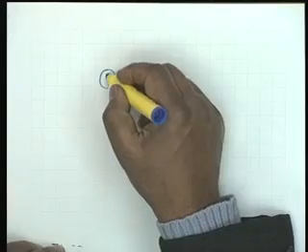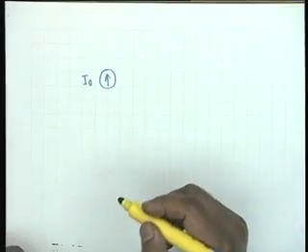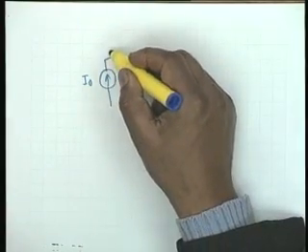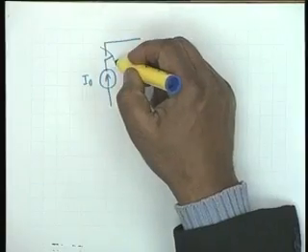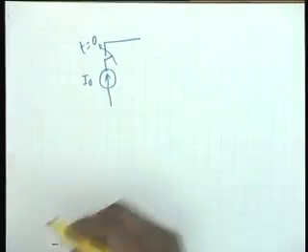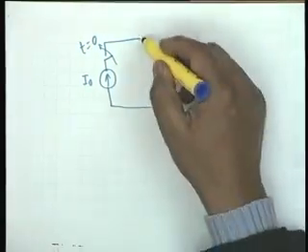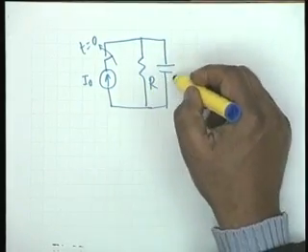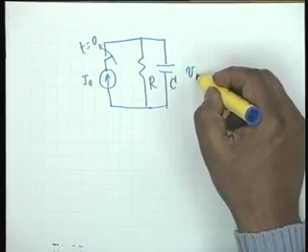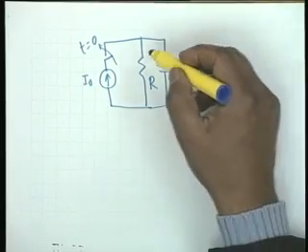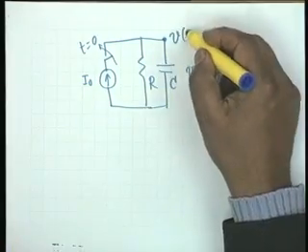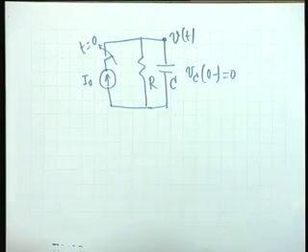Our second example is to bring variety into life. We now consider a step excitation, that is, this switch is closed at t equal to 0, a current generator, and instead of a series circuit we take a parallel circuit. The same R and C elements are there, V sub C 0 minus equal to 0, and this voltage we treat as V. It is our intention to find V of t.